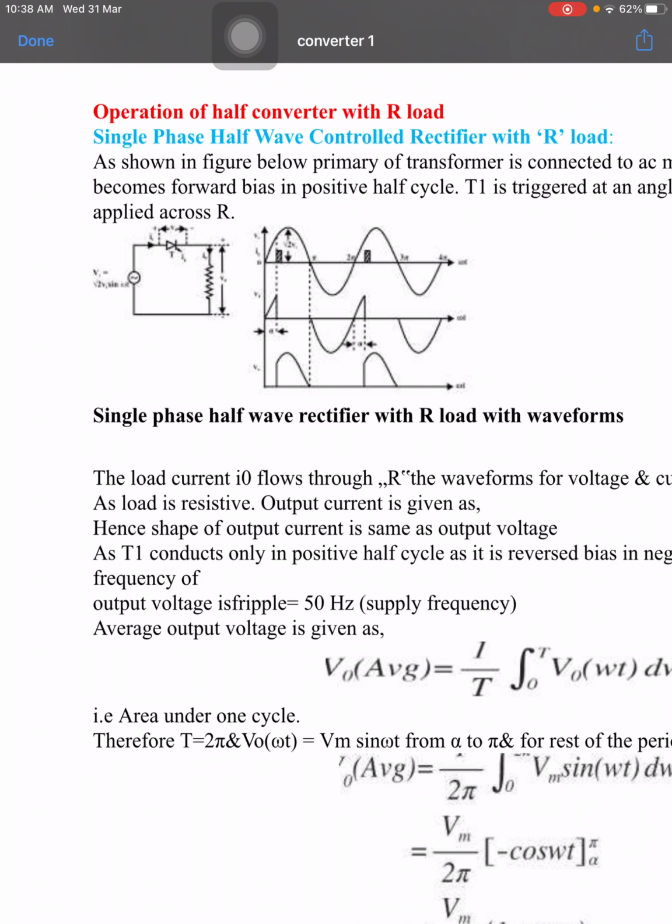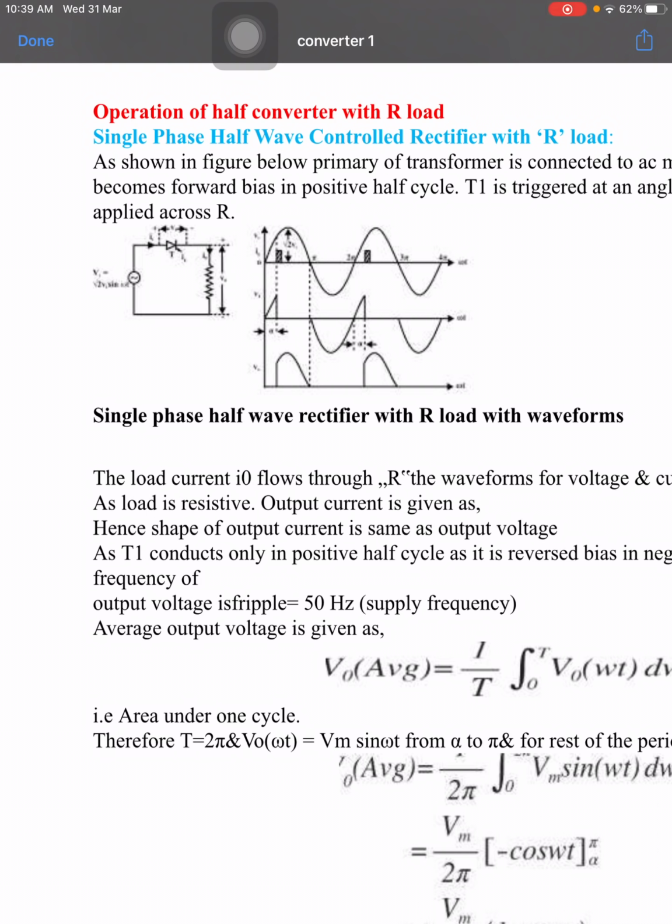So the thyristor is a 3-terminal device: anode, cathode and gate. The gate signal is very important. Only when you apply the gate signal does the thyristor turn on. Before the gate signal, the thyristor acts as a diode. A diode acts as a unidirectional current flow, and we cannot control it; it acts like a switch. By using thyristors, we can control. What do we control? The output voltage we can control.